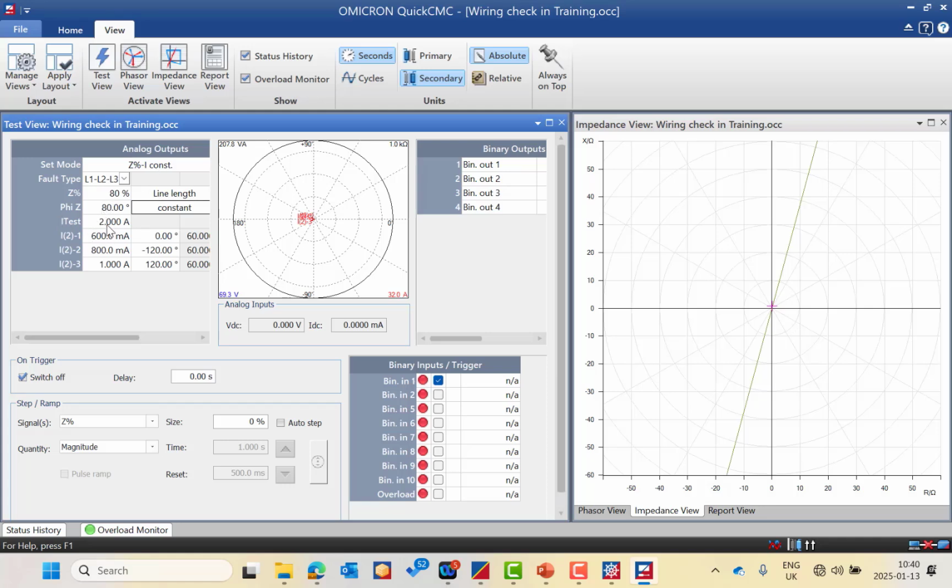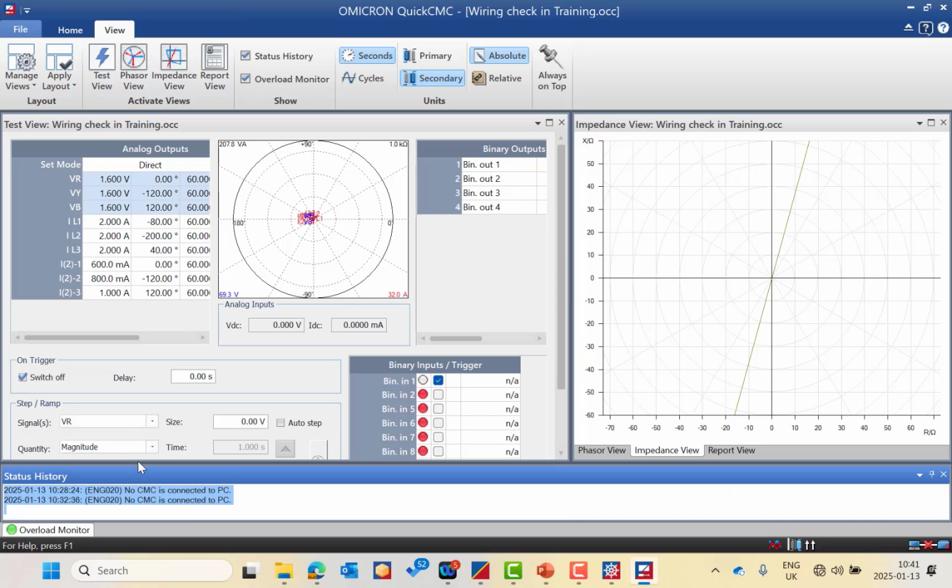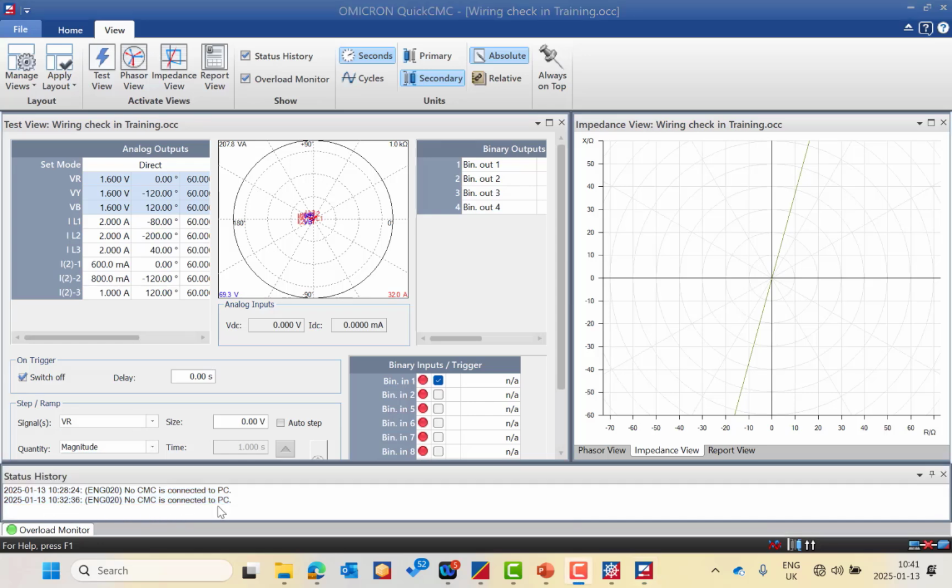As you can see here is the I test, because I choose the current constant mode, so it can be shown here in the impedance plane if you are specifying the impedance plane of the protection relay. Then we will get back to this directly. We have also the status history, which appears in the bottom corner here to give you indication about the connection